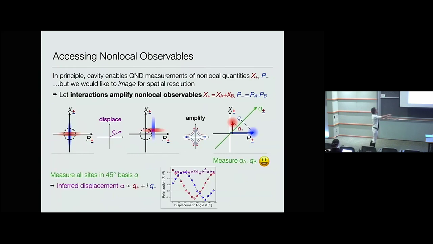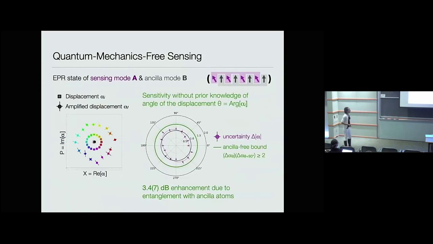We'll just take an image where we read out in the 45-degree basis, which I've called Q. As long as we have sufficiently strong amplification before we do this readout, we can measure in this single quadrature, and in the antisymmetric mode, we'll primarily get the p information. In the symmetric mode, we'll primarily get the x information. And so we can now reconstruct the strength and direction of the displacement. So here's an experiment where we've done that.